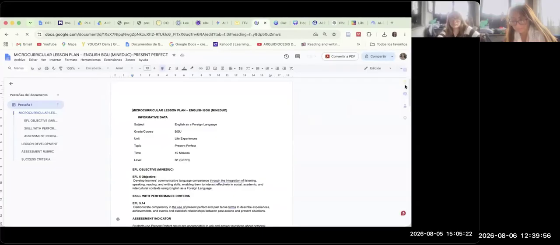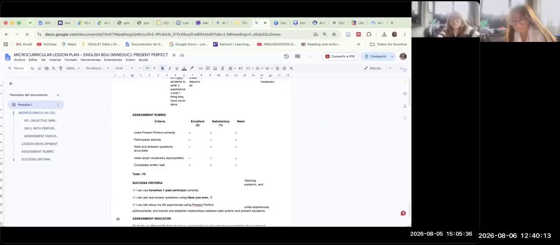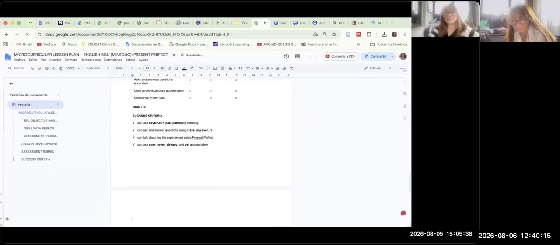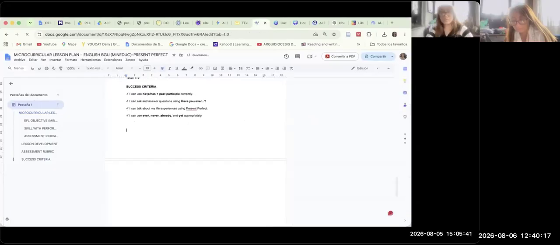You have here the complete microcurricular planning and the rubric assessment. So what is your job? Upload the file and create a presentation